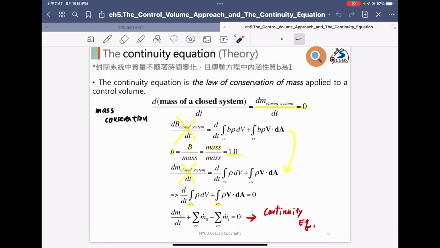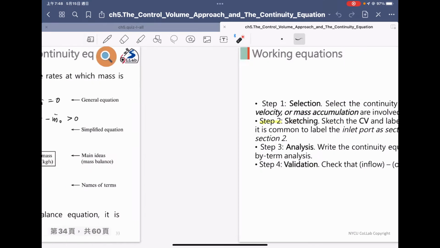So the continuity equation shown here: we only focus on the mass in the control volume changing with time, plus the outflow rate minus the inflow rate along the control surface. So we call that the continuity equation. And then we have